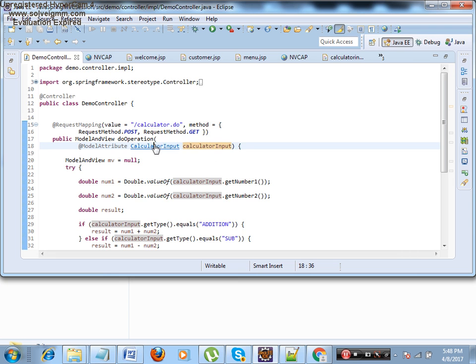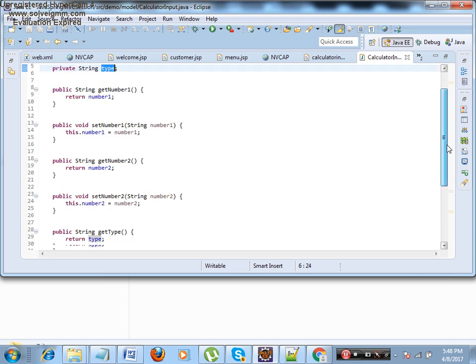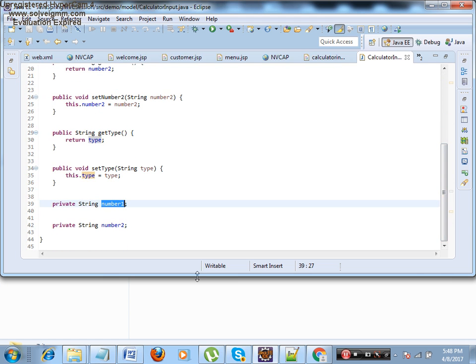Okay, and if you go inside this class, what is the variable? Type. What is one more variable? Number 1. What is one more variable? Number 2. Therefore it will match with the front end, and setters will get called automatically, and this class will have a state. State means values.